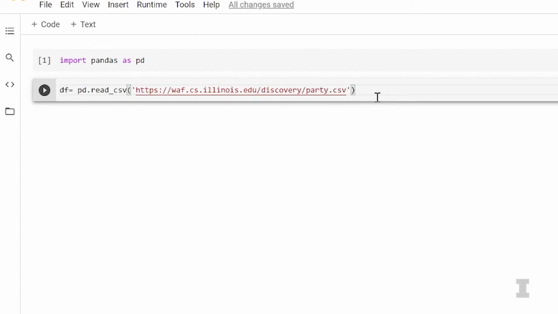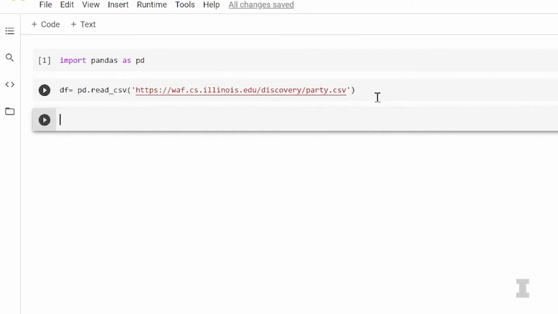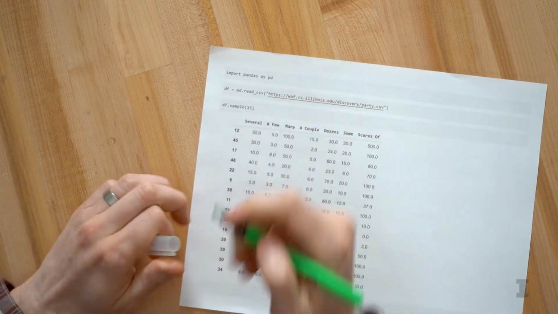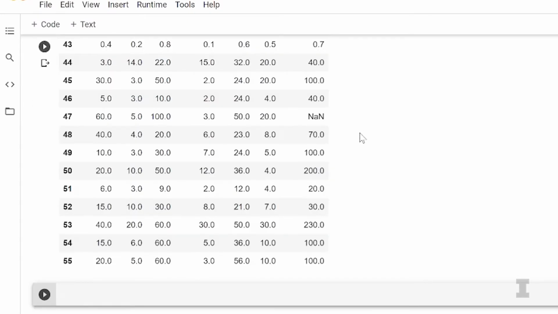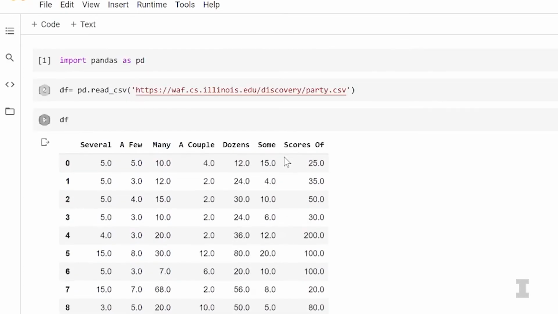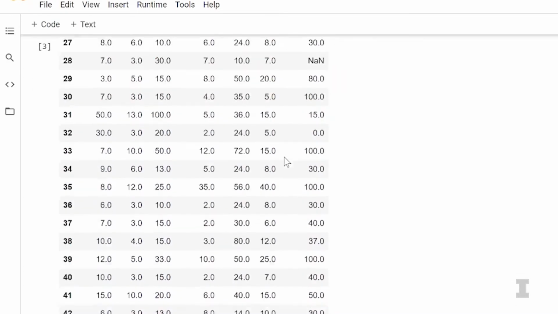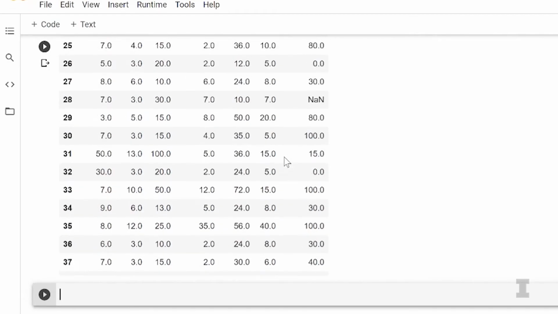Okay, so I just typed that all in, and I'm going to press Shift-Enter, and I want to double check that my data set loaded. Yeah, the first thing you'll see is if you made a mistake, you're going to get a giant error message. This usually just means you typed something wrong, so double check what you typed. Carly, did you get any error messages? Thank goodness, no. So if you got no error messages, things are good. But to actually view the data, we're going to write just df to look at the sample of the data. So the data is stored in the variable df. Type df, and what do you get? So let's see, I just typed df, and I actually see our data. This is great. I have a data set with 55 rows, it looks like.